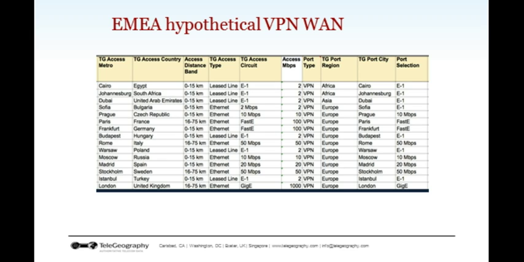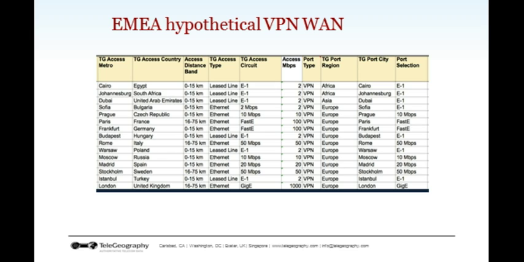So now let's put that into the context of a hypothetical wide area network. What I've done here is pulled together 15 sites in key metros across the EMEA region. You have a couple in Africa, one in the Middle East in Dubai, and sites all around Eastern Europe, Southern Europe, and Western Europe. And we've picked some pretty typical port sizes across these offices. Most of these offices are at the E1 to 10 or 20 megabit level. There are a few a little bit higher than that.